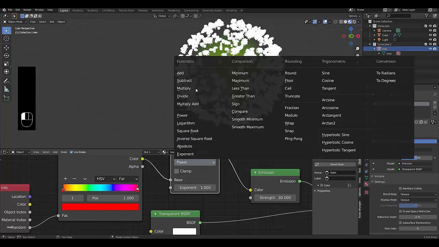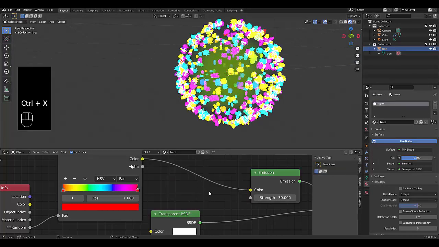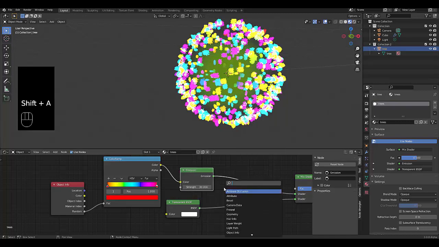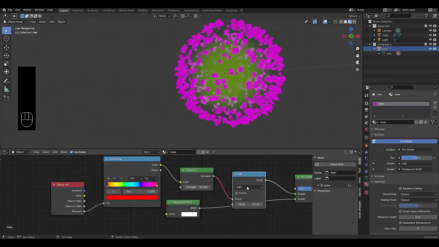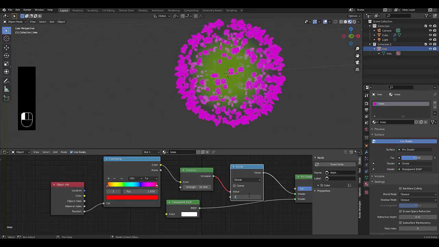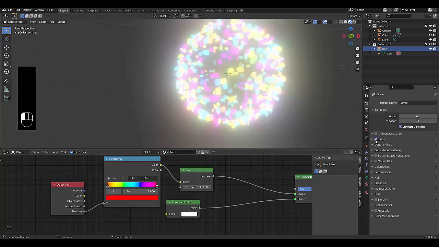Okay, power doesn't work. Perhaps we want to use divide. Oh, perhaps it's in the wrong place. Let's press Ctrl X. Bring this emission over here. Shift A. Math. Connect that over there. And that's no good. We want to click divide 1. Okay, that doesn't work. So I'm just going to press Ctrl X and leave it. And make this the example. Let's quickly go to our render view, bloom,